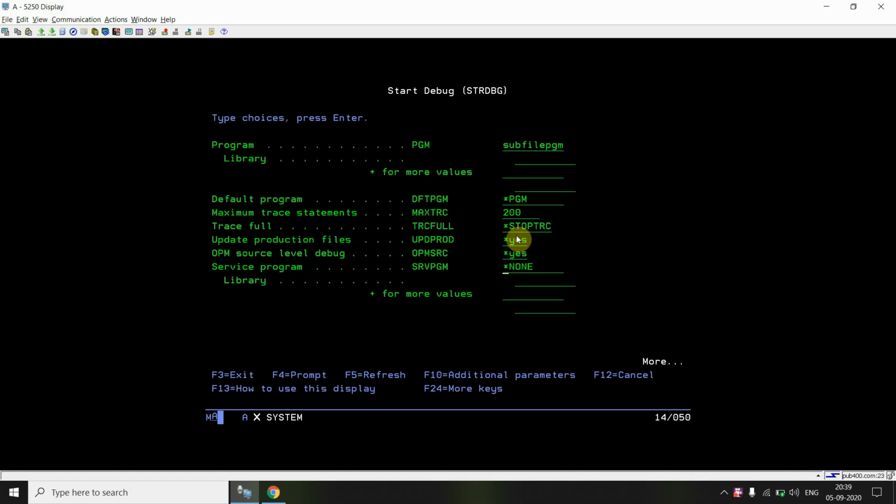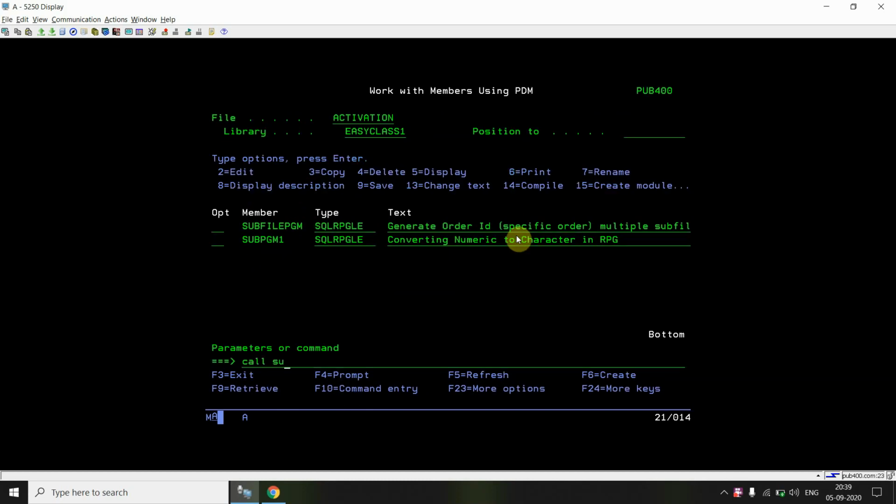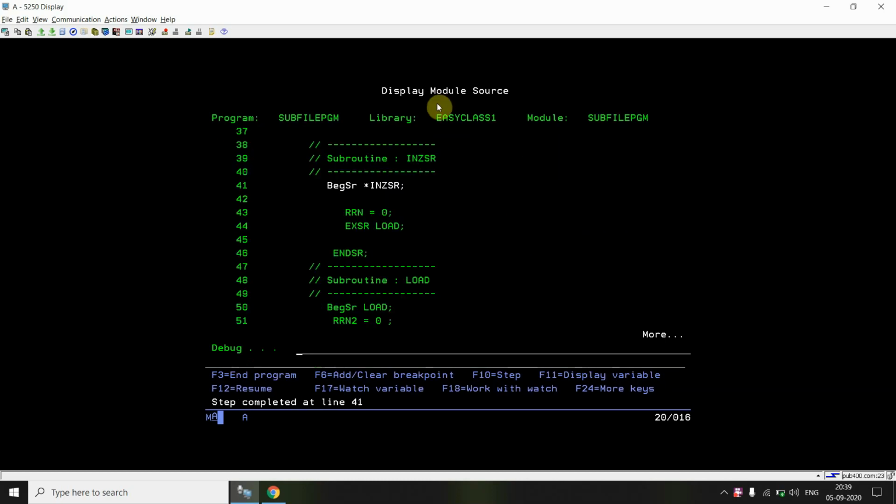Once the debug is started, we will set a breakpoint. Just call this program, subfile pgm. Just press F10.